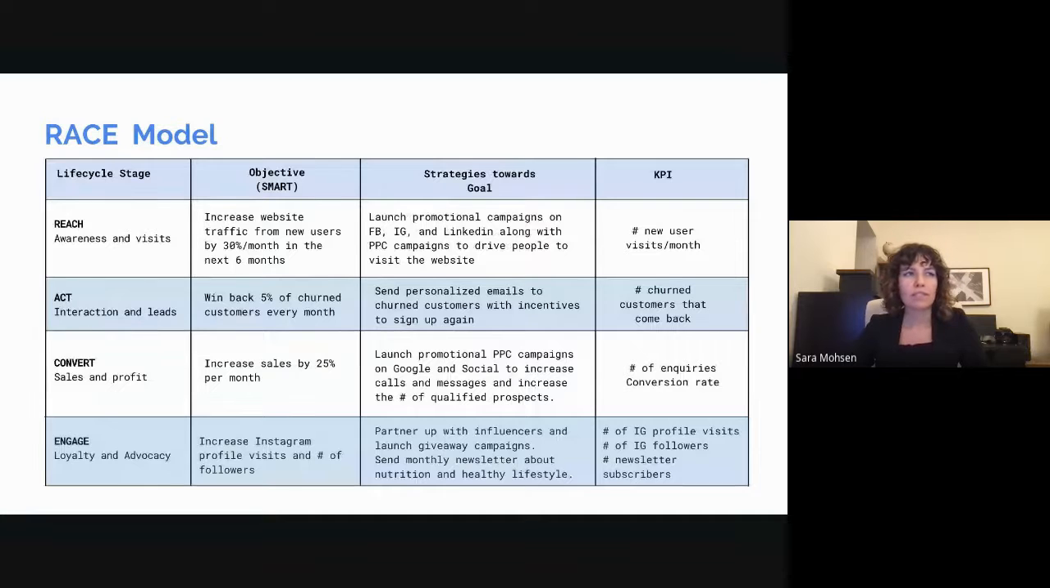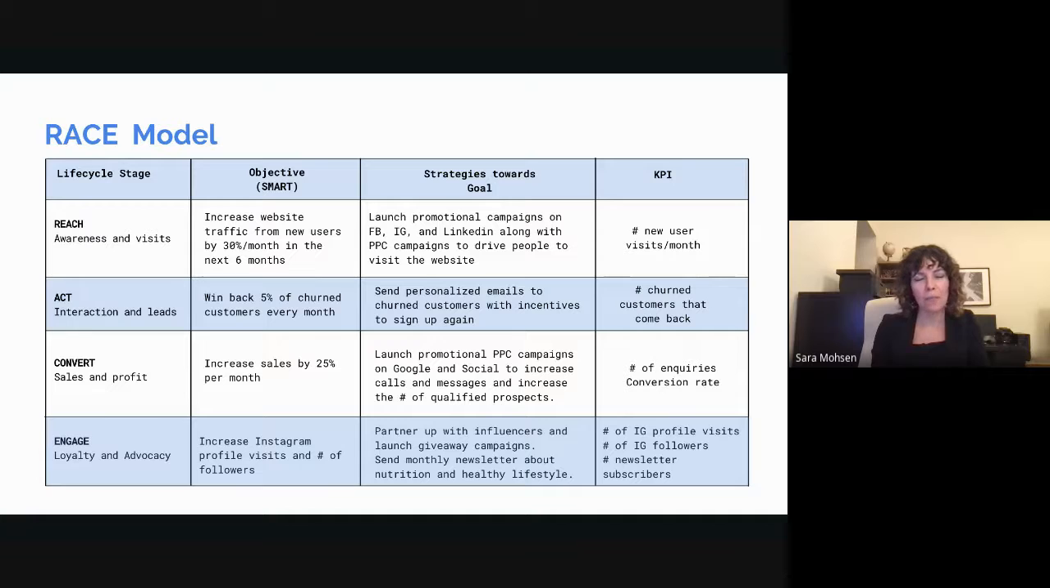So the RACE model is a strategic planning process, which when applied to digital marketing basically allows an action plan to be structured in accordance with the purchase stage of users. So the different stages are reach, awareness, and visit. When you first reach out to a client, they become aware of your brand. The second step is you want your client to act on your brand. So you want them in some kind of interaction, you want them to become a lead, eventually convert, so sales